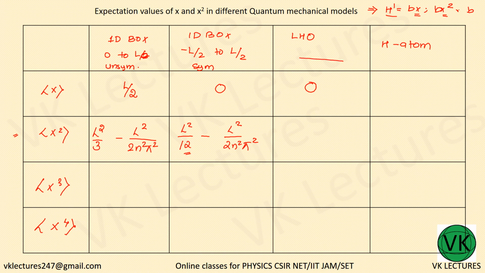This is the linear harmonic oscillator wave function. So it is at 0, it is okay. Now if the center of the linear harmonic oscillator is not at the center, for example it is at x equal to a, then expectation x is a. Okay, so then we have x square expectation